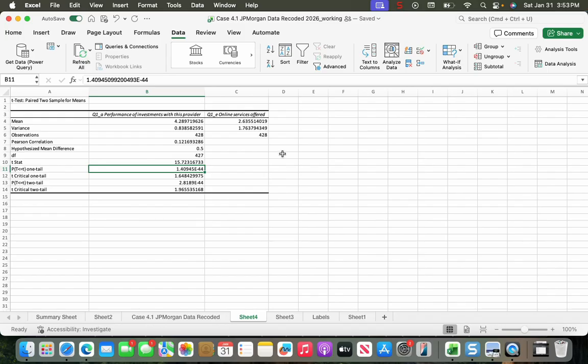That's definitely the case because we've got a negative exponent. And then the next, that's if we expect it to go up or down, either way. For one tail, we don't know which way it's going to go. It looks like we have just as good of a p-value here. So 2.81 to the